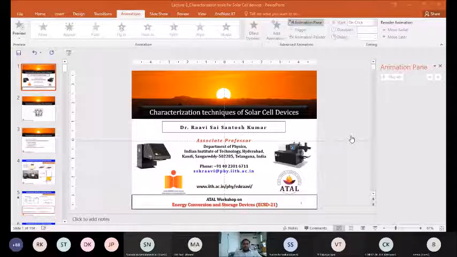Any more questions? Okay, before anybody asks a question, let me continue this answer. Now there are two ways of looking at a solar cell. One, how much of the charges are generated. So there are two possible things. One is that charges are not generated efficiently. Fewer charges are generated, so even though your device is good, fewer charges reach the electrode, so your JSC is less. The second case is where your device is good, your charge generation is good, and you have good transport in the device, therefore your efficiency is good.